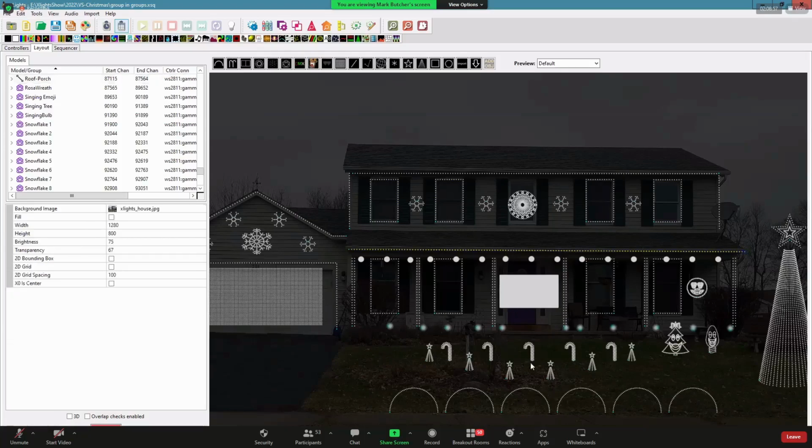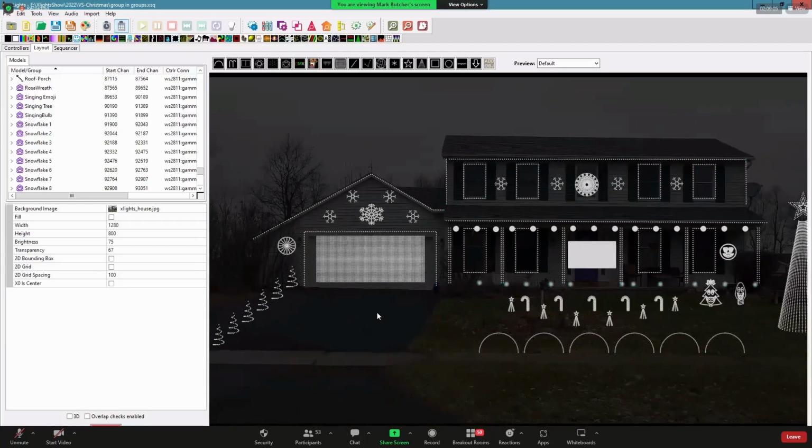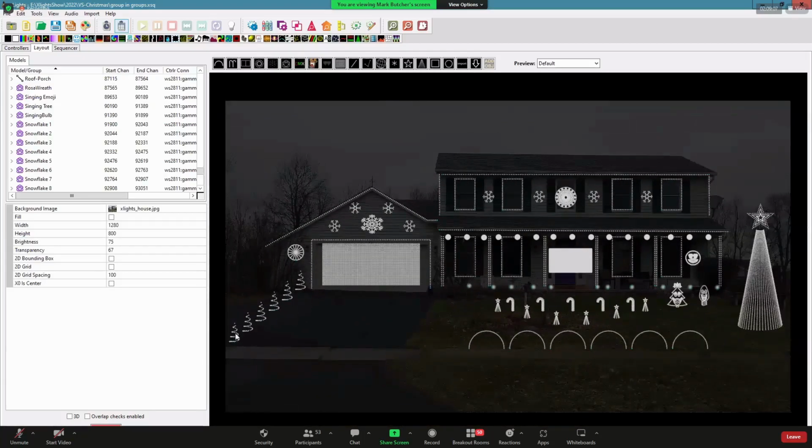You may not notice it as much in xLights, but you're certainly going to notice it out on your house. So you want to think about how you want it to display, right? Because xLights treats your whole house display as one big matrix. So just make sure you have those elements level and tied in.